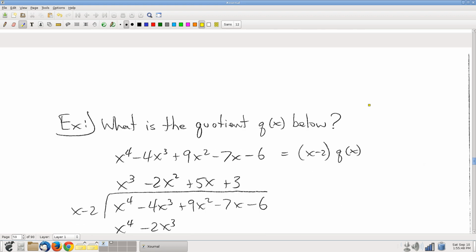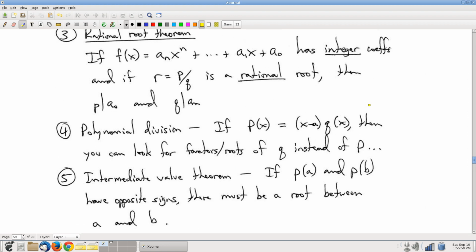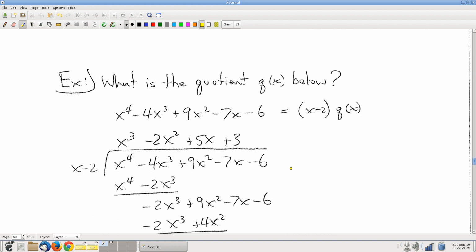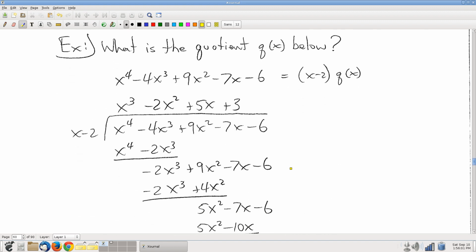Okay, let's see how polynomial division works. This method right here. How is it that you actually take x minus a and divide it into p of x? Well, it's actually a lot like long division that I hope and presume y'all have seen back in elementary school. In fact, maybe so long ago you might not even remember exactly how to do it. But here's the idea. So this has x minus 2 as a factor, and if I want to know what this quotient is,